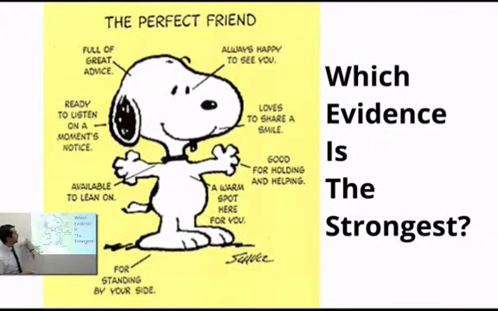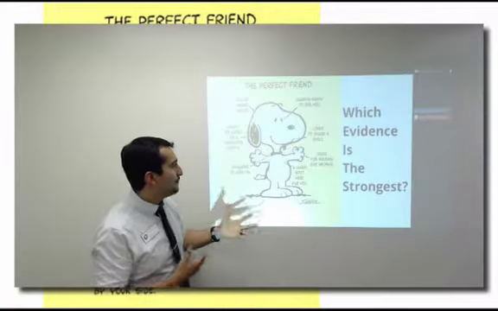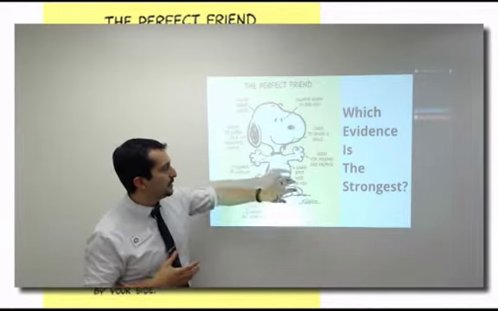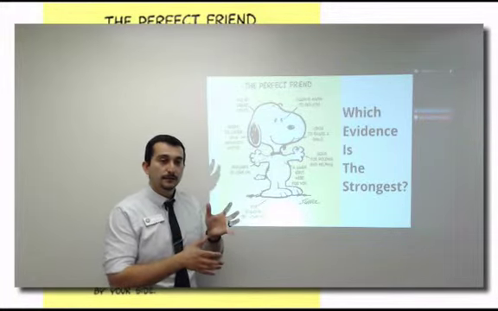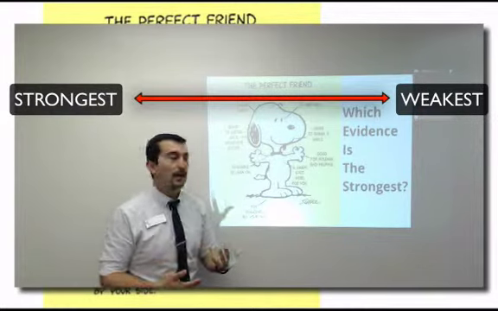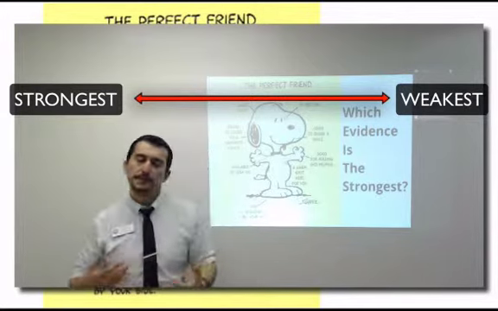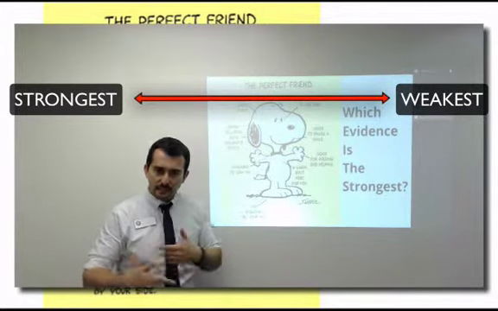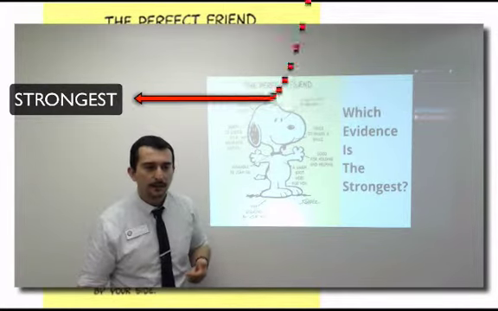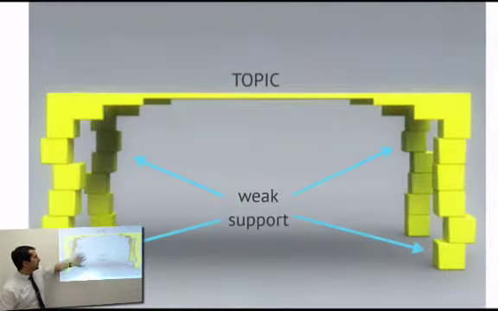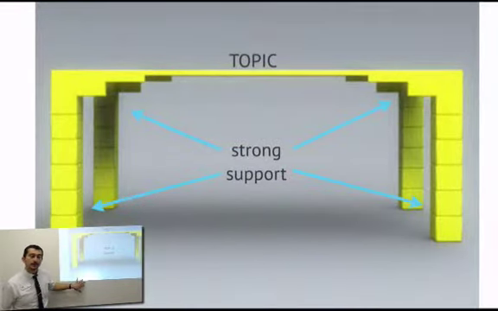As listed in this diagram here. You have evidence here, here, here, here, here, and here. And I like doing an activity with students where I have them actually take each of the evidences listed here and put them in a list from strongest to weakest, and then explain why. Why did you choose this to be the strongest of all the evidences? And they'll pull from maybe their personal experience or their own thoughts, and at least gets them in that mode they need to be in to think critically about evidence. Evidence is not created equal. There is weak support, weak evidence, and there's strong, very strong, stable evidence.